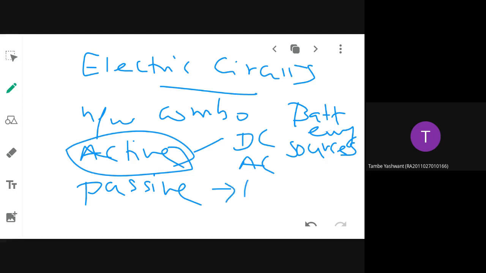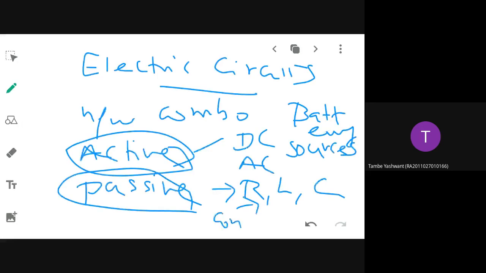Passive elements, meaning resistance, inductance, and capacitance, either consume energy or store energy, so these are called passive elements. Resistance will consume energy, and there will be a voltage drop across it. But the L and C components will be storing energy: L stores energy in a magnetic field, and C stores energy in an electric field. All these things we discussed in our last class.